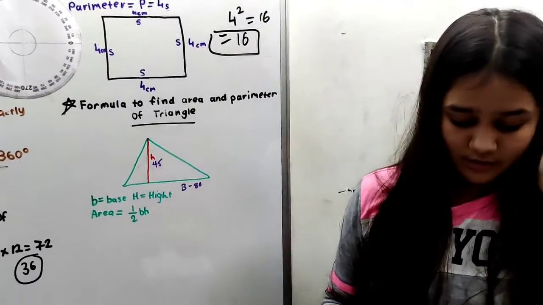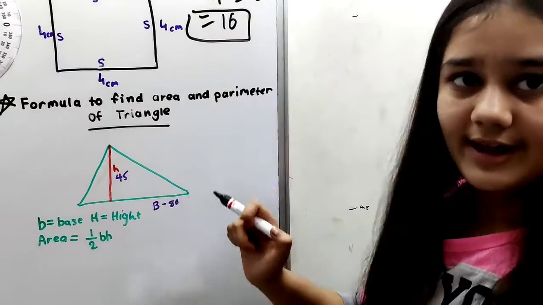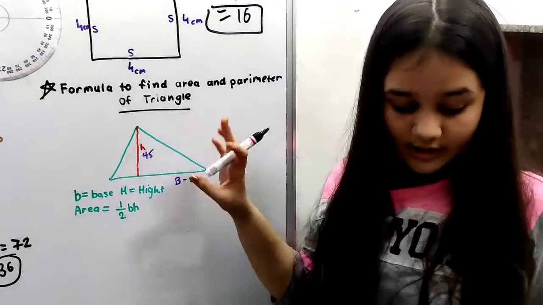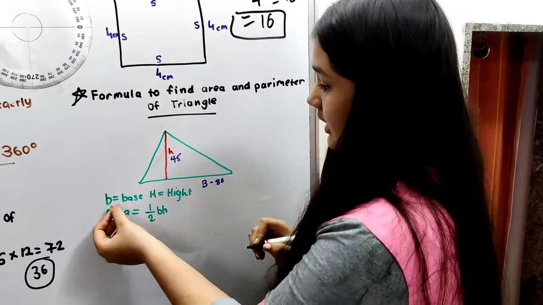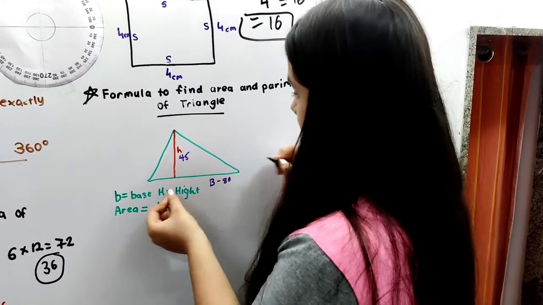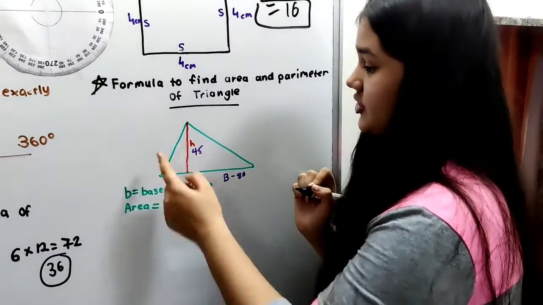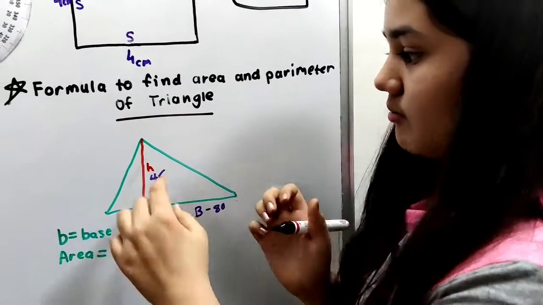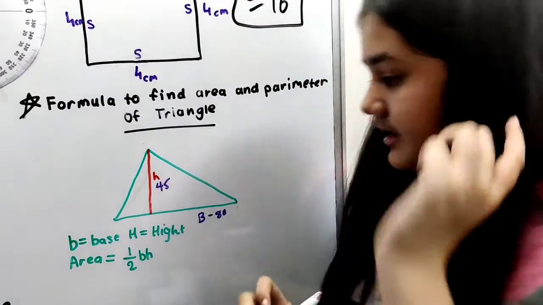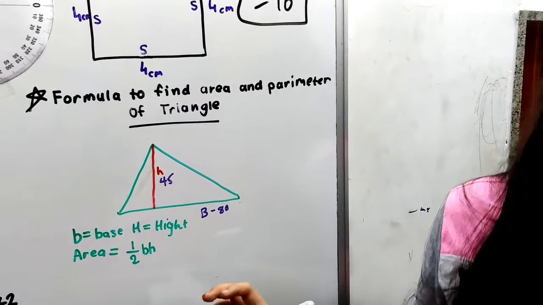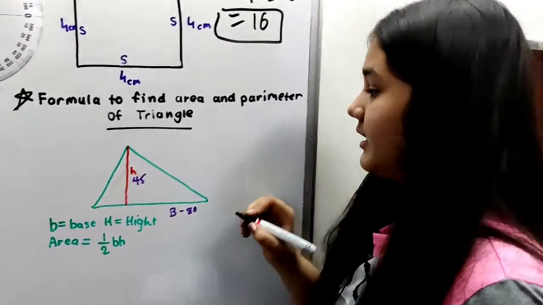Now let's find the formula to find the area of a triangle. So over here in our area of triangle, we have the formula. I have written B. B is basically the base, you can see, and H is basically the height. Okay, you can make a measuring line over here in between. So that is the height. Now, the basic formula is 1 by 2